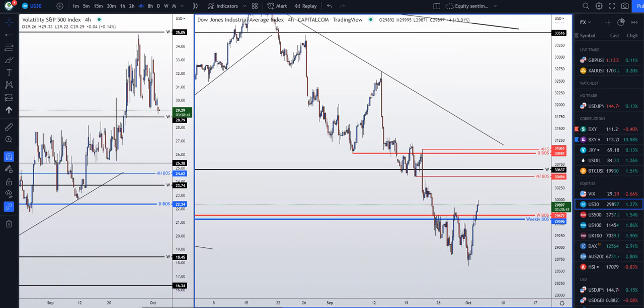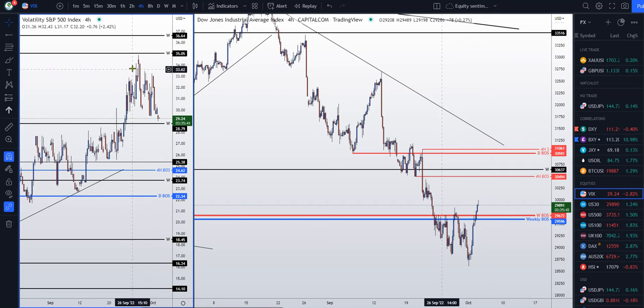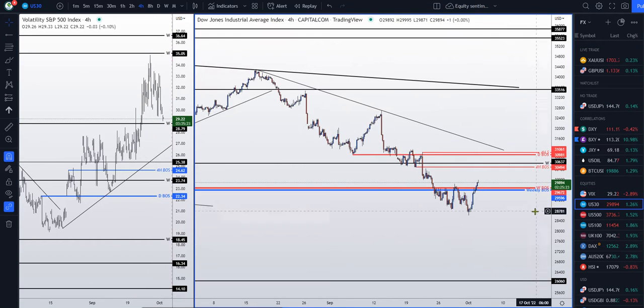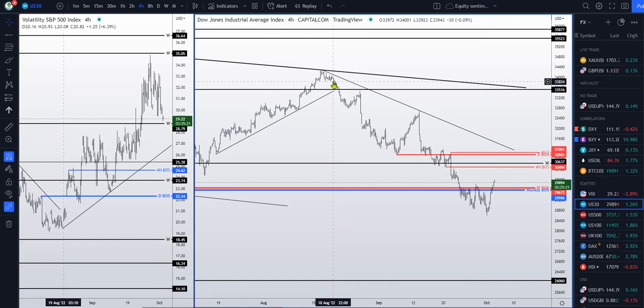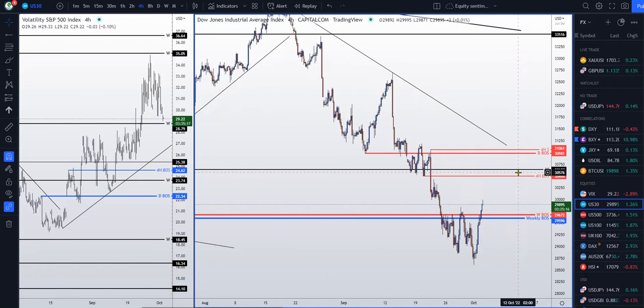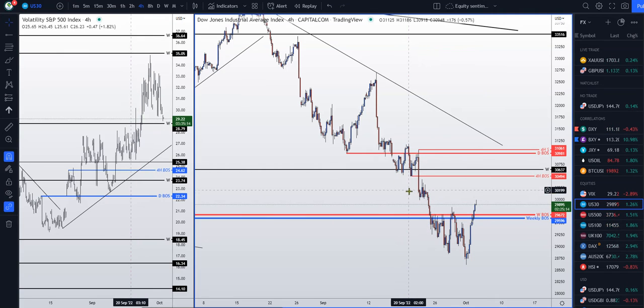Looking at the equities. Now, on the volatility index from these highs, we are pushing to new lower lows. We're near the lows of the past week after the initial spike, with this bullish structure going on, that correlates with this overall bearish structure on the Dow Jones index. So you can see that we have dipped below 30,000,